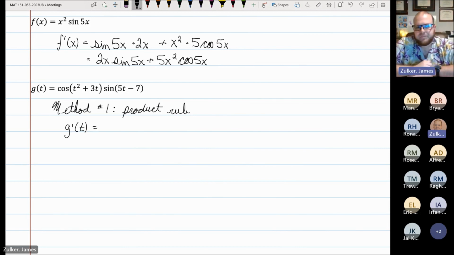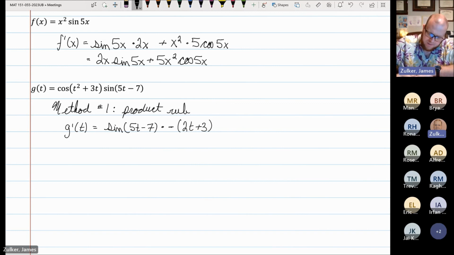G prime. Second function, so g of x times the derivative of the first function. The derivative of cosine, negative u prime times sine of u,